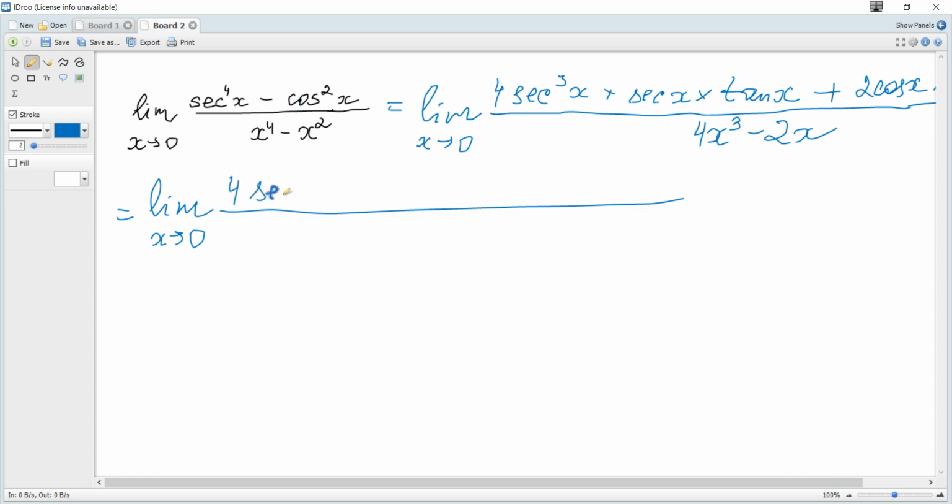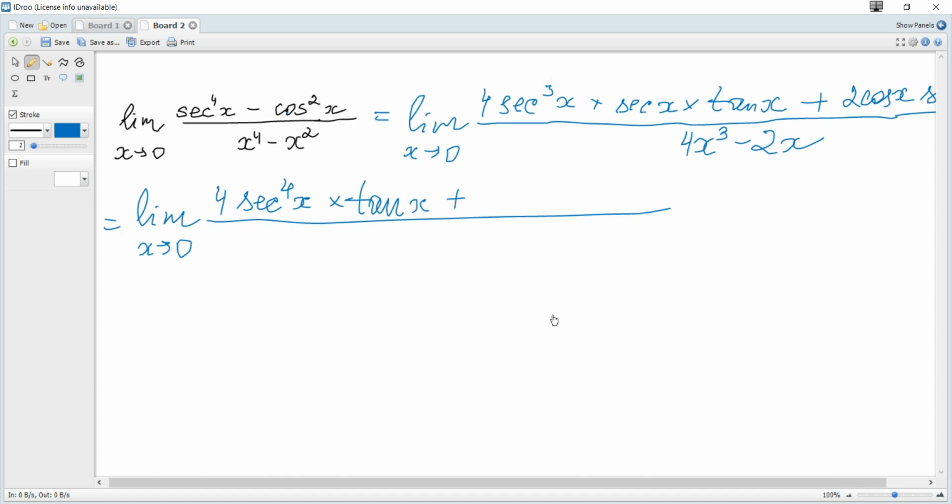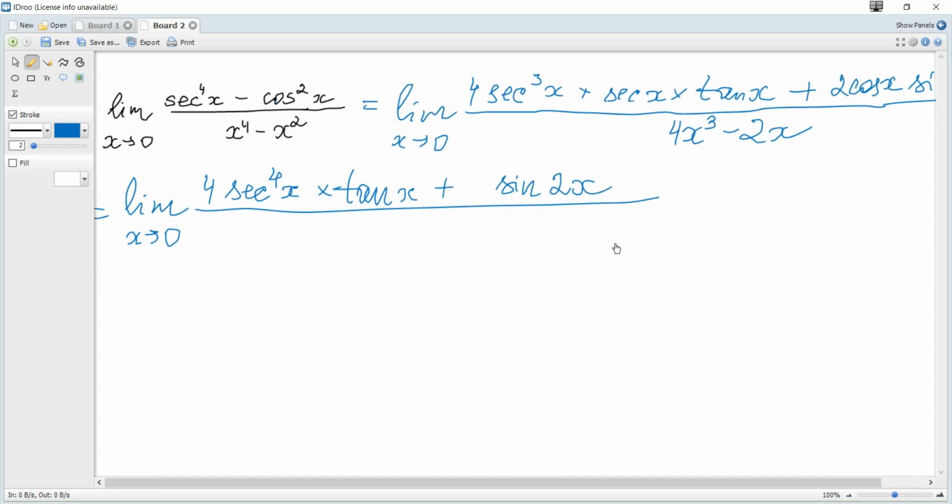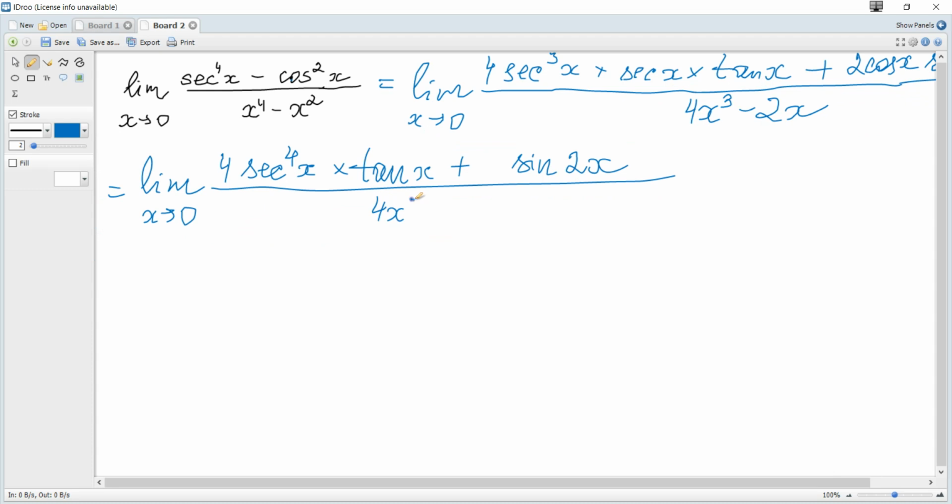and we can see that it becomes 4 secant to the power of 4 of x multiplied by tangent of x plus, and we can see that it's directly the formula for sine of 2x, and we can apply it. It's not necessary, but if we apply it, we get only one function instead of a product of two functions, and it may be useful: sine of 2x, divided by 4x cubed minus 2x. And as usual, we substitute 0 for x, and we can see that tangent of 0 is 0, sine of 0 is 0, so we get 0, and the denominator is also 0, so we get 0 over 0,